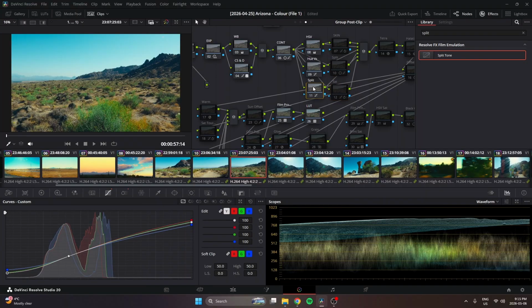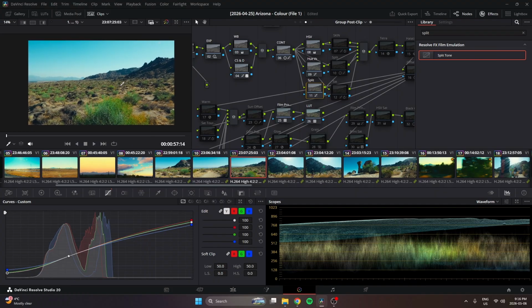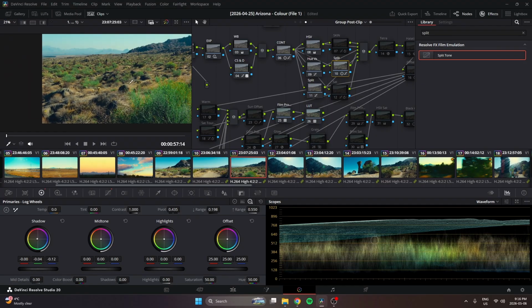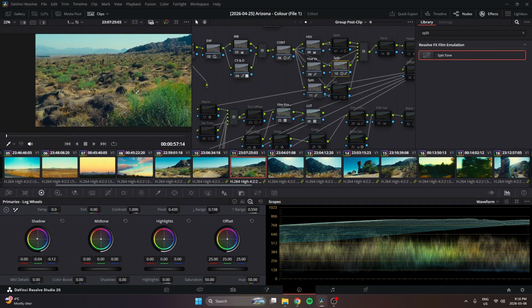But like I said, I wasn't happy with the split tone. I wanted to introduce more colors so that I could push those colors more. So I doubled up on the split tone. It's the exact same, I'm pretty sure. I don't think there's any adjustment. Yeah. So you can see I pushed the split toning more. Now it's heavier on those blues, and the contrast is heavier on those. It's doubled up. I controlled the shadows within this node because it was too prominent, too strong, and I knew